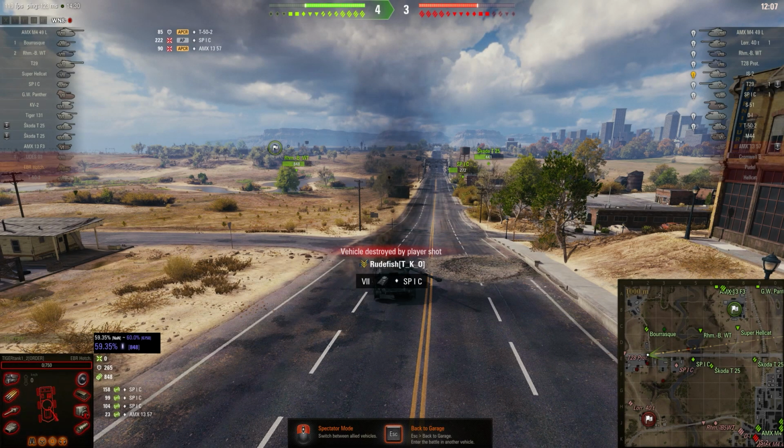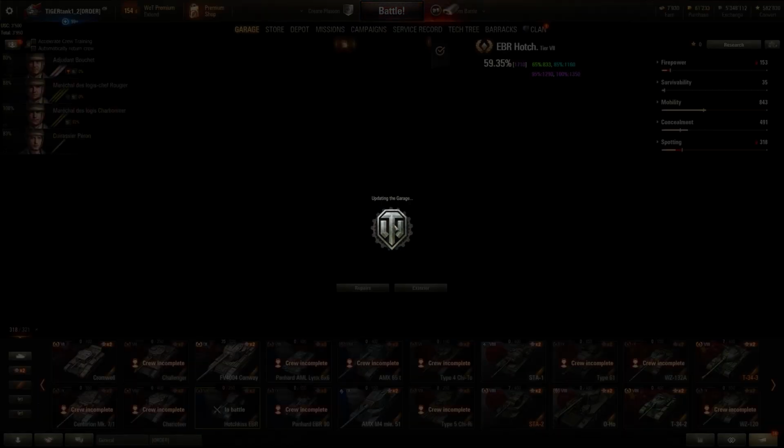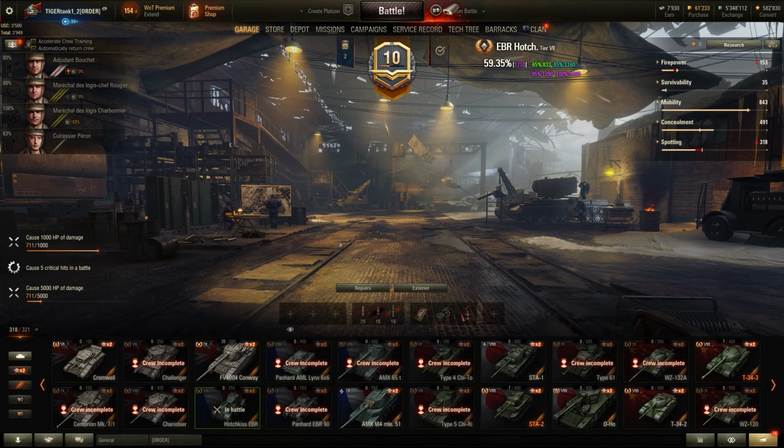I'm just gonna leave this game real fast because the skin has disappeared. I think it's a bit of a shame that we have lost these special events, and that we have now gone to an area where we are just looking at a Hotchkiss that has been reskinned. And I know they have a lot of things to do, but I think it was always the love, the extra attention to detail, and just the way that they actually cared about these events